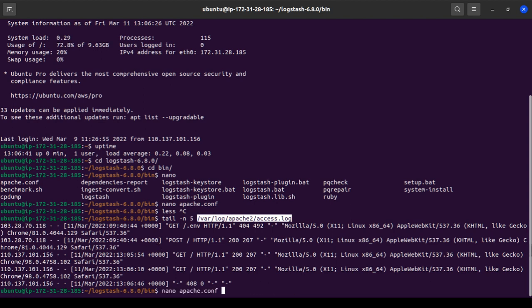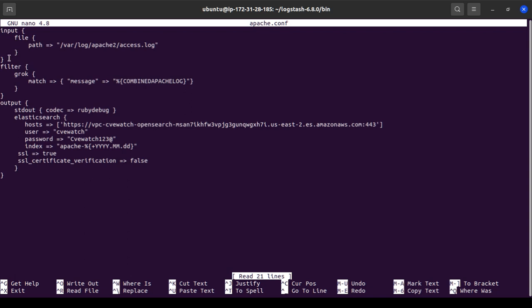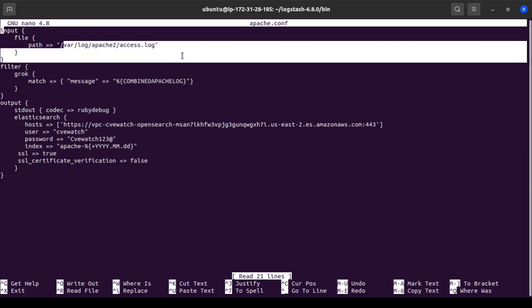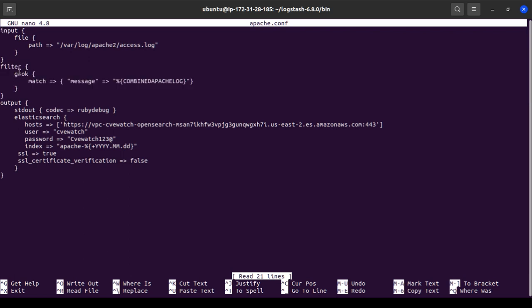Let's go back to the configuration. In the input we already specify that we want to watch this file, and in the filter there is a grok function. In the grok, we can use the match function to parse the message. The message is the raw log that we read from the file. Fortunately, we have this pattern called combined Apache log. You can search for this one. Basically, it already consists of several patterns, like this part is for the IP, this part is for the HTTP request, and something like that. So we just need to use this for parsing the Apache log.